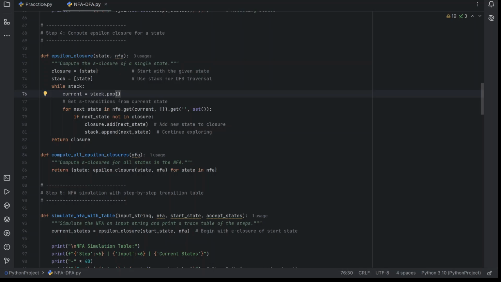Basically, it's like mapping the states reachable from a given state using only empty transitions. Here it starts with a given state and uses a stack, or an easier DFS traversal. So we just pop and pop, and while this is true,